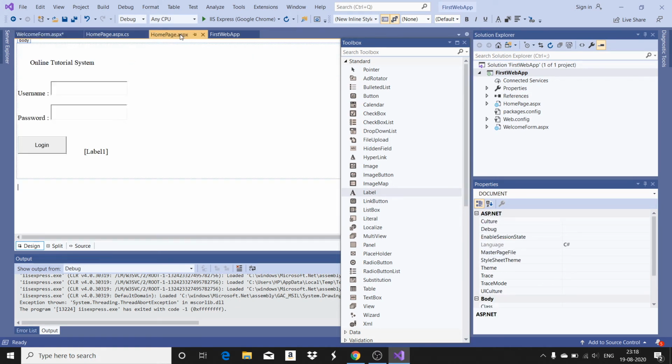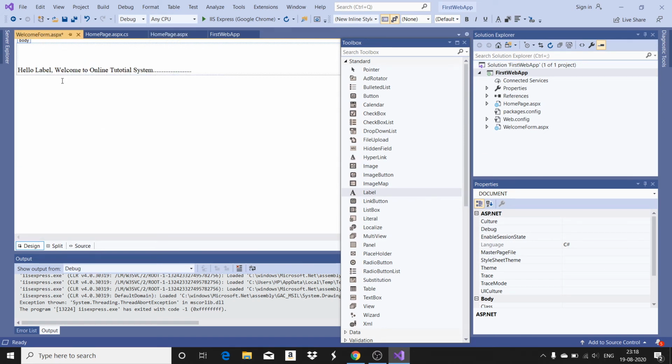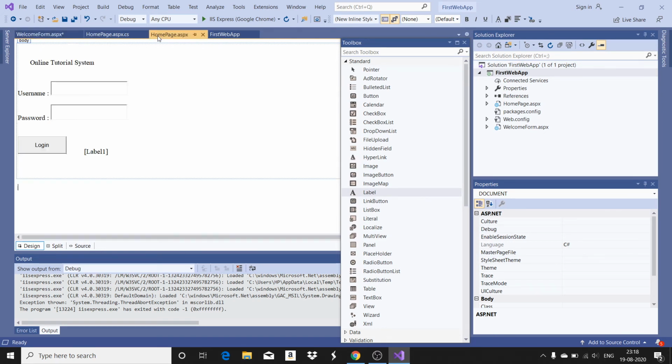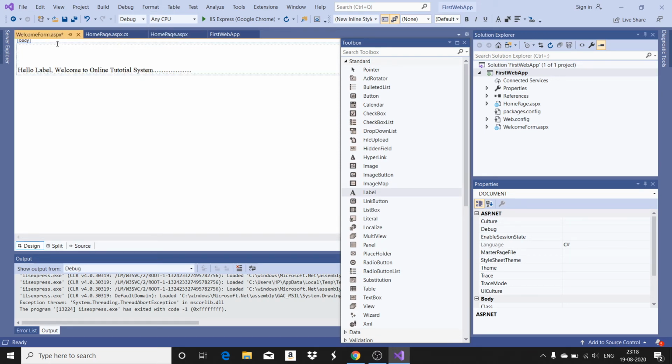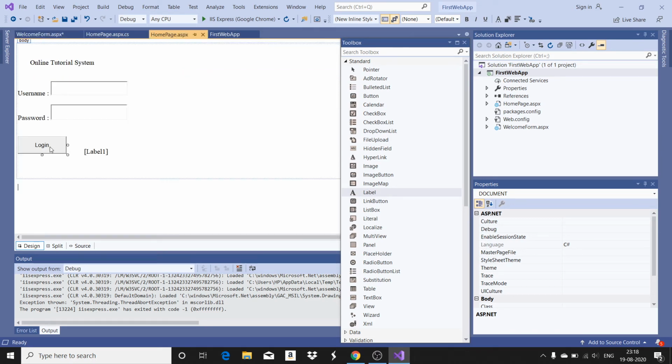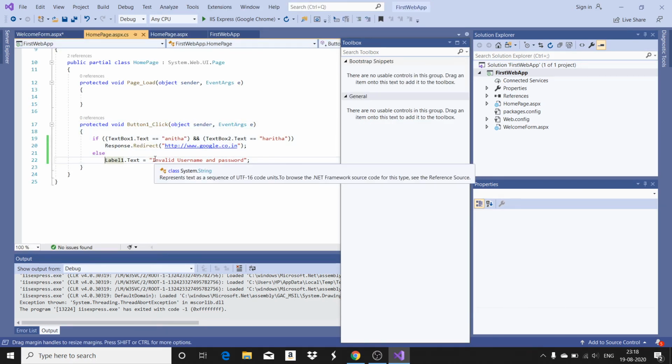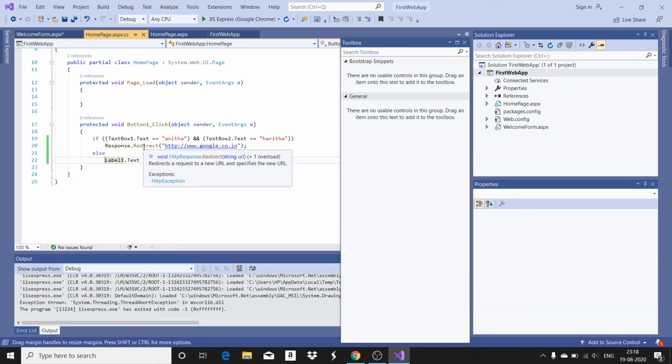So when I click login, it must take me to the welcome form. There, whatever username I have typed here, if it is verified, that is, if it is a correct username and password, that username must appear here. Okay. Now what I have to do for that? Go to the login button code. Here what we have done, we redirected to a common URL which is already existing.